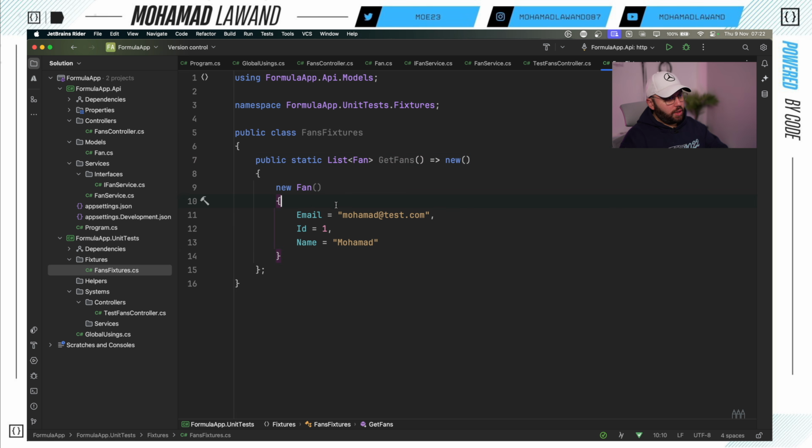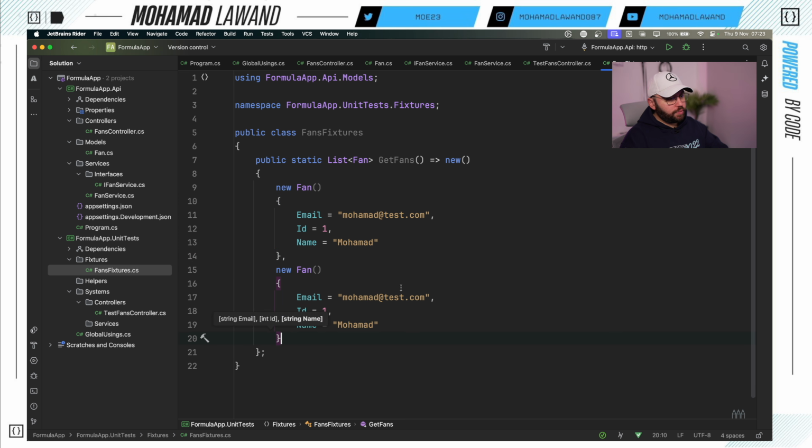Perfect. So now what I'm doing here is basically I'm creating a method called GetFans, which is gonna return for me a list of fans. So now I have one. I'm just gonna create another one, and I'm gonna call this other fan, let's say Donald, and here it's gonna be Donald